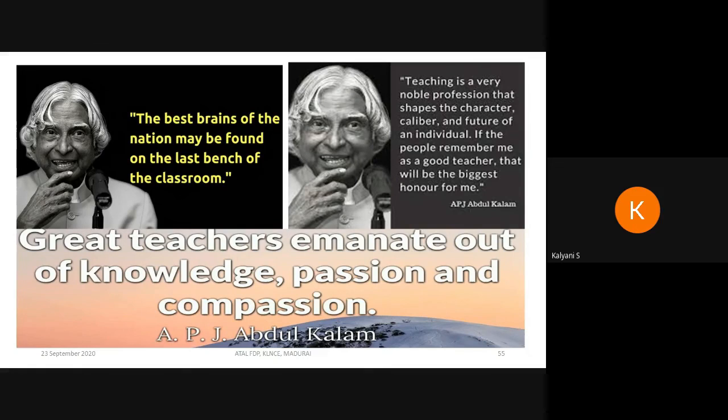And a very important thing which I want to share is that we always neglect last benches. But in my experience of 18 years of teaching life, I have seen that last benches are more creative. They get very good jobs. They are placed in high salary packages when compared to first benches. First benches will be only studying, whereas last benches will be all rounders. So we need to be all rounders to excel in our life. So let us love the last bench students. Let us give them more care and attention and ensure that the entire class grows and the entire class gets inspired when we go and teach and handle the classes.